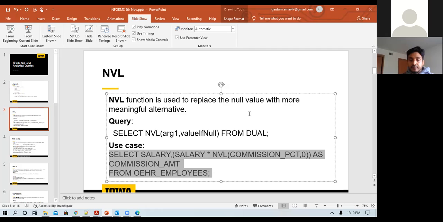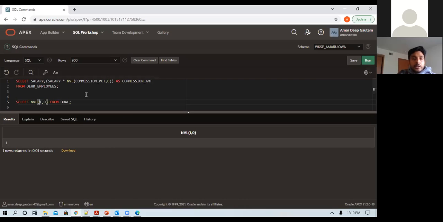What happens if you don't know what specific value you want to replace the null values with? Is there some way to just mark the null values somehow? Suppose you don't know what to replace this with.